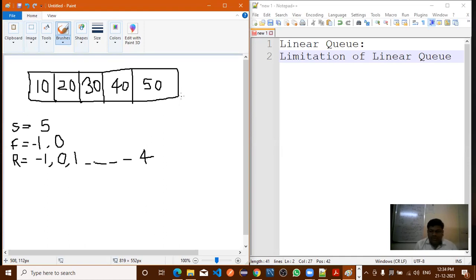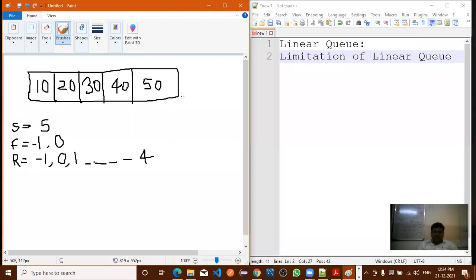Now what condition are you writing at the time of implementation? You are writing some condition to check whether the queue is full or not. How do you check whether the queue is full or not? Rear is equal to size - 1.